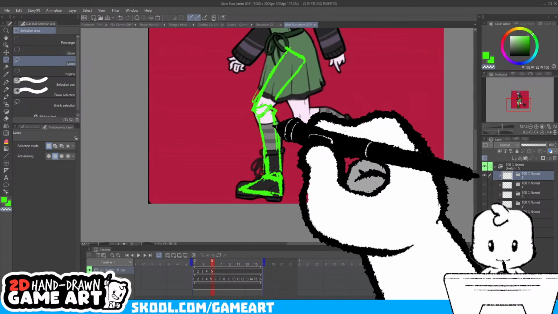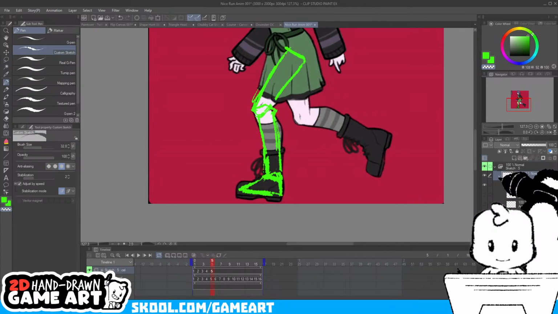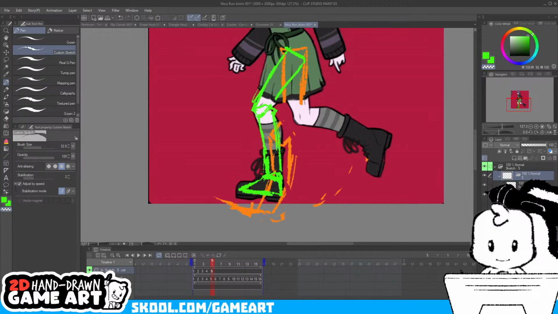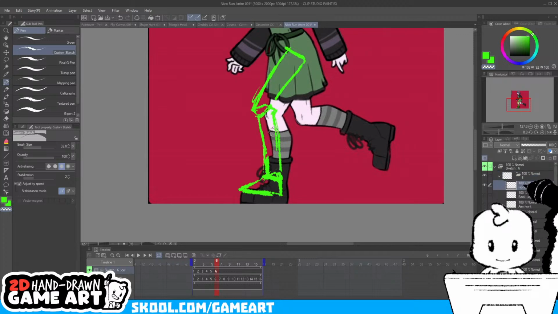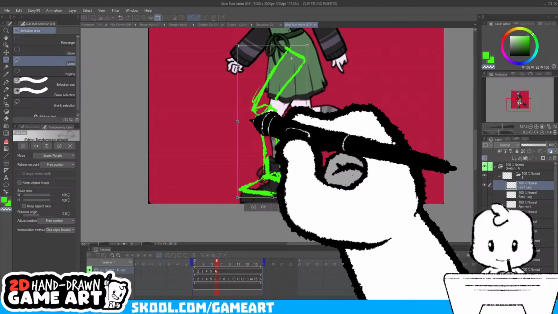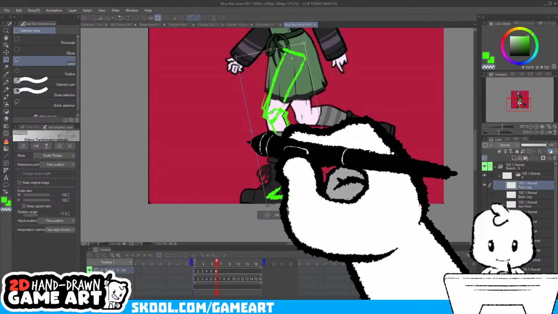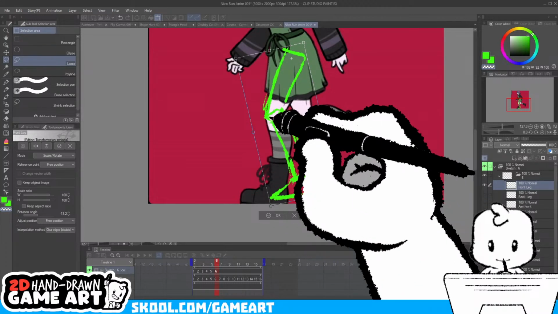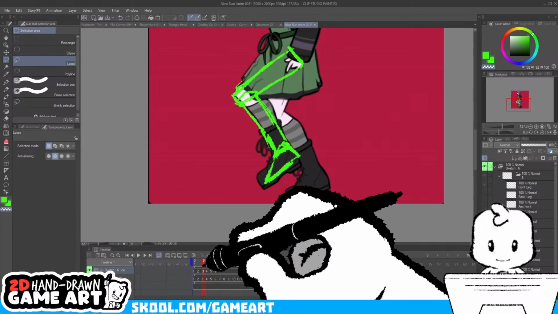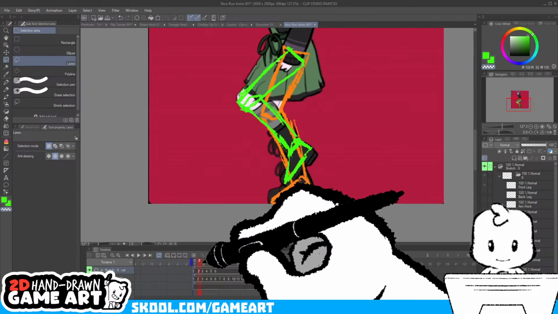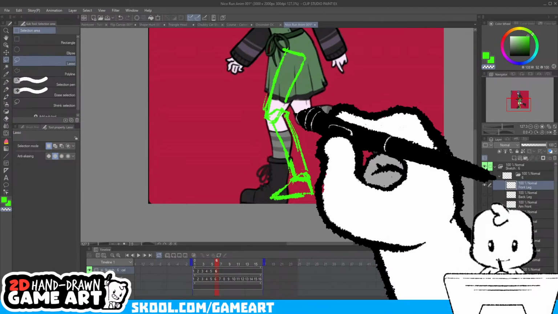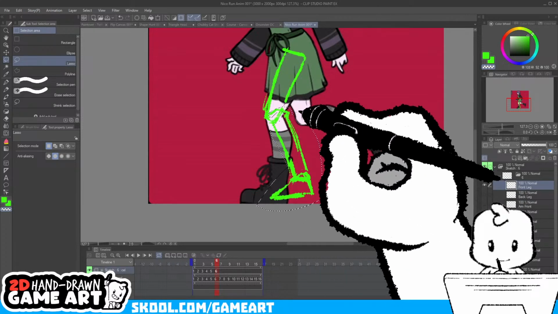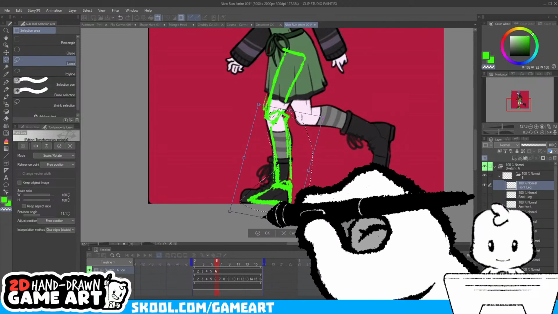I think it's the way I'm just selecting. Also, something that I'm not accounting for when I'm moving these around is the hip is moving up and down, and I'm not moving mine over, so that's definitely contributing to why it's a little off. But for a rough animation, it's okay.